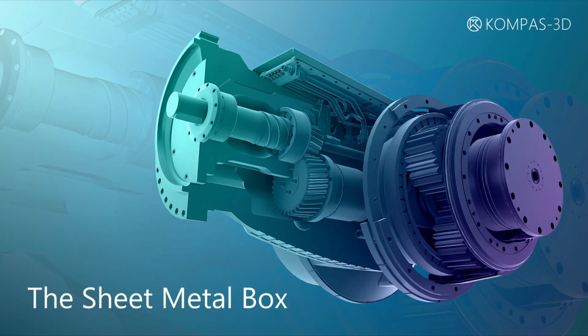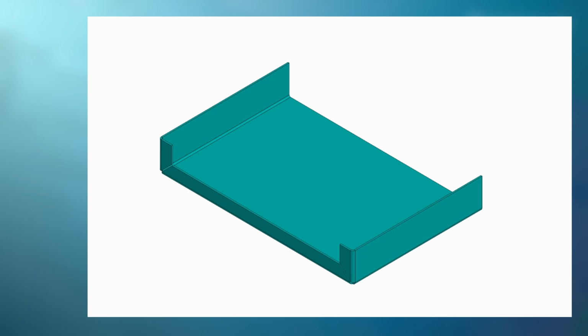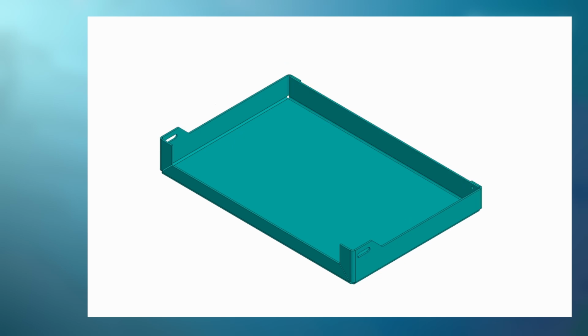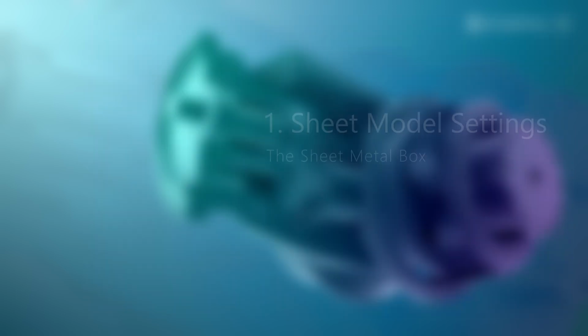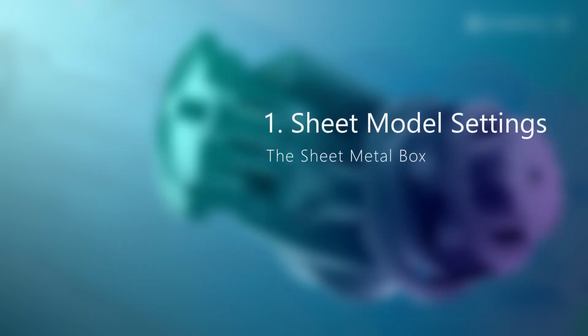This course covers sheet metal part modeling in KOMPAS-3D. We'll learn fundamental sheet modeling principles by creating a box model using the bend functionality, adding cuts and holes, and generating a drawing with a flat pattern view. In the first lesson, we'll explore what sheet metal design approaches are available in KOMPAS-3D and how to adjust the sheet